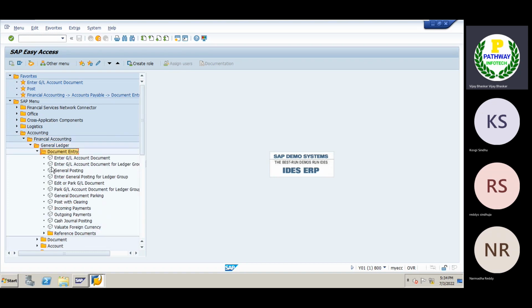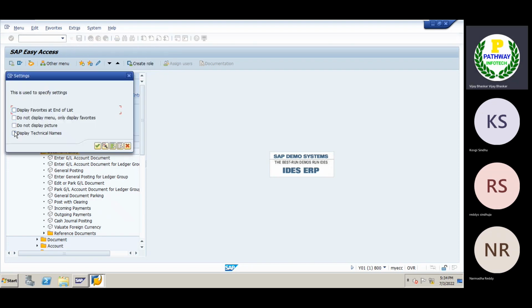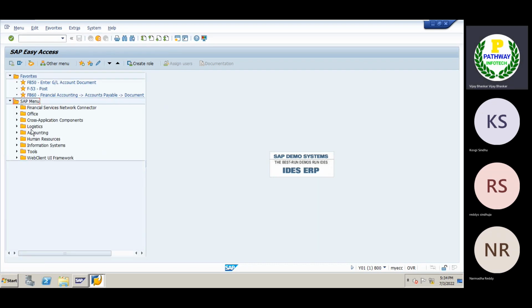Now you can see there are no transaction codes appearing here, only the description is appearing. But to enable that functionality, you need to go to Extras, Settings, and just activate Display Technical Names,